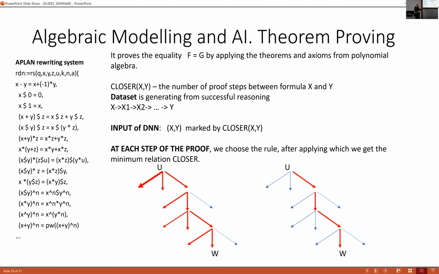We define the relation closeness between two formulas. This is the number of proving steps by which one can be obtained from another. We create a data set. First of all, we generate a lot of different successful proofs, and we borrow from the prover competition, it's the TPTP environment. It's open. We can get this, and we automatically create these data sets. Inputs of the neural network